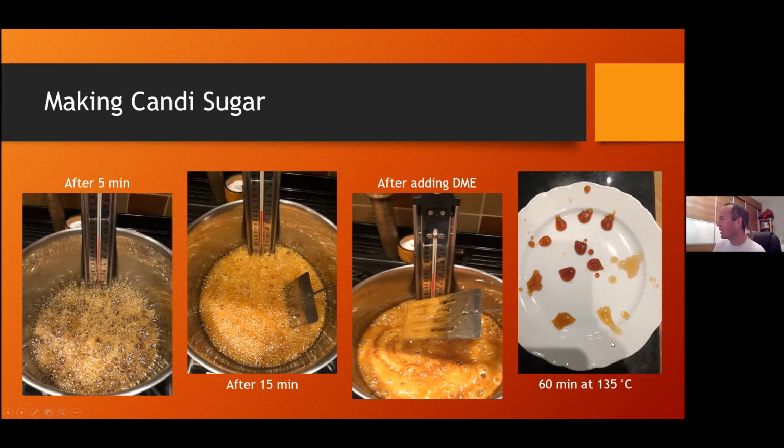I've got a little picture here. After every 10 minutes, I take a little drop and put it out, and then it cools down in minutes and forms a little crystal. Actually, to get this off the plate that I put here, I had to pour boiling water over it. It literally just doesn't come off. Very tasty and very enjoyable.